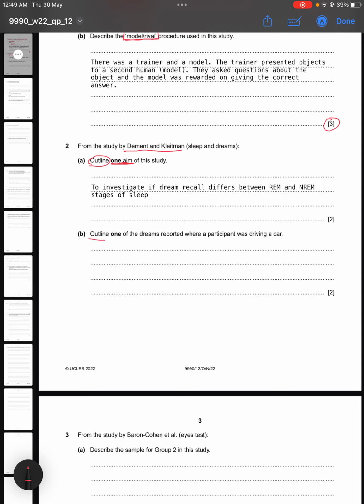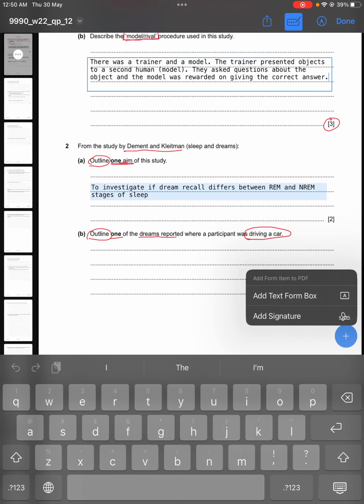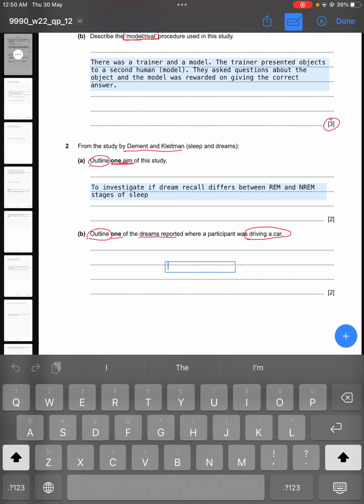And then its part B says, outline one of the dreams reported where a participant was driving a car. So you need to report the dream recall where the participant was driving a car, what was actually happening in that dream. So you need to write 2 proper points to gain full marks, because you're going to get 1 mark for each point. So for example, you can write